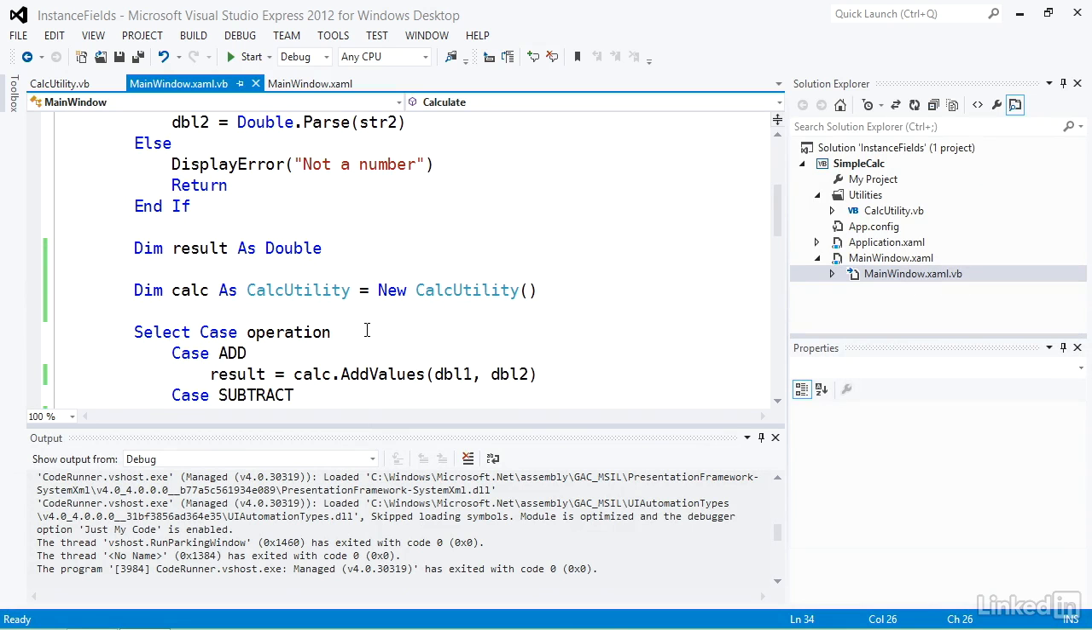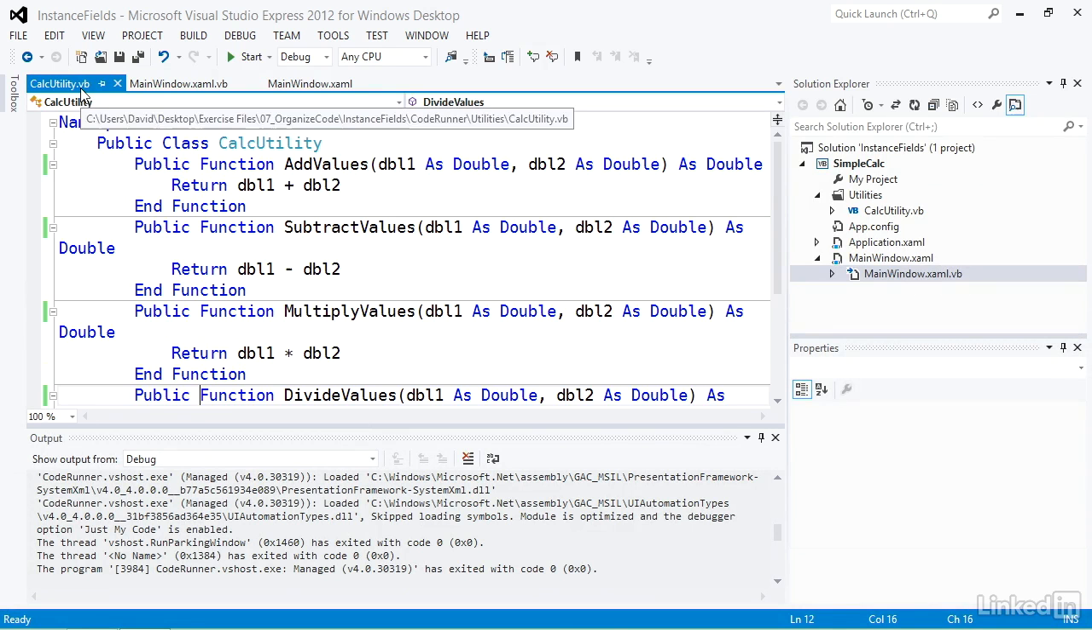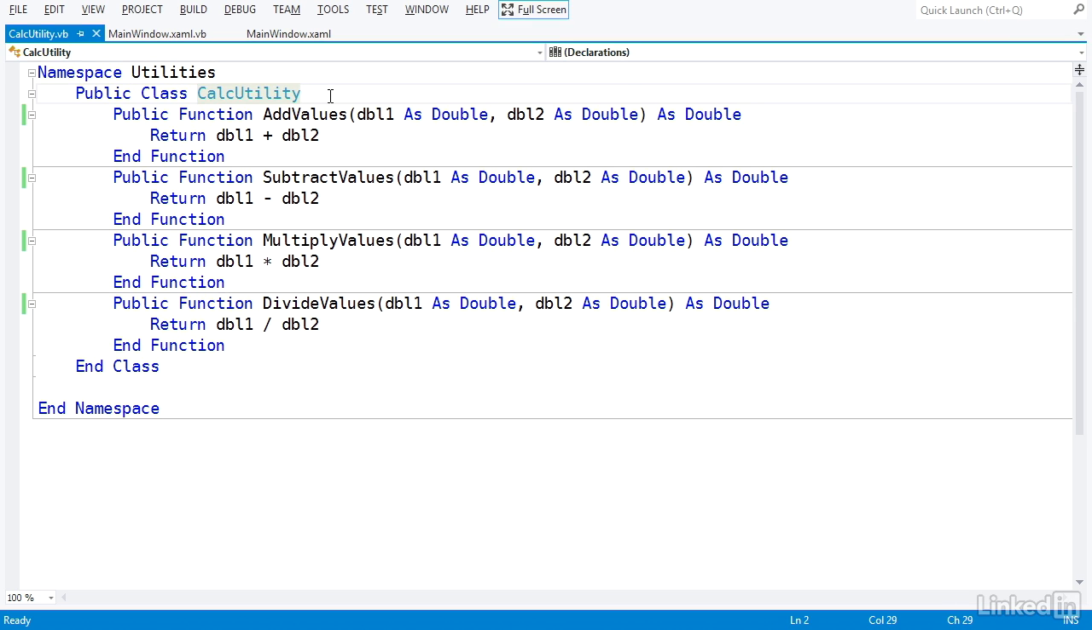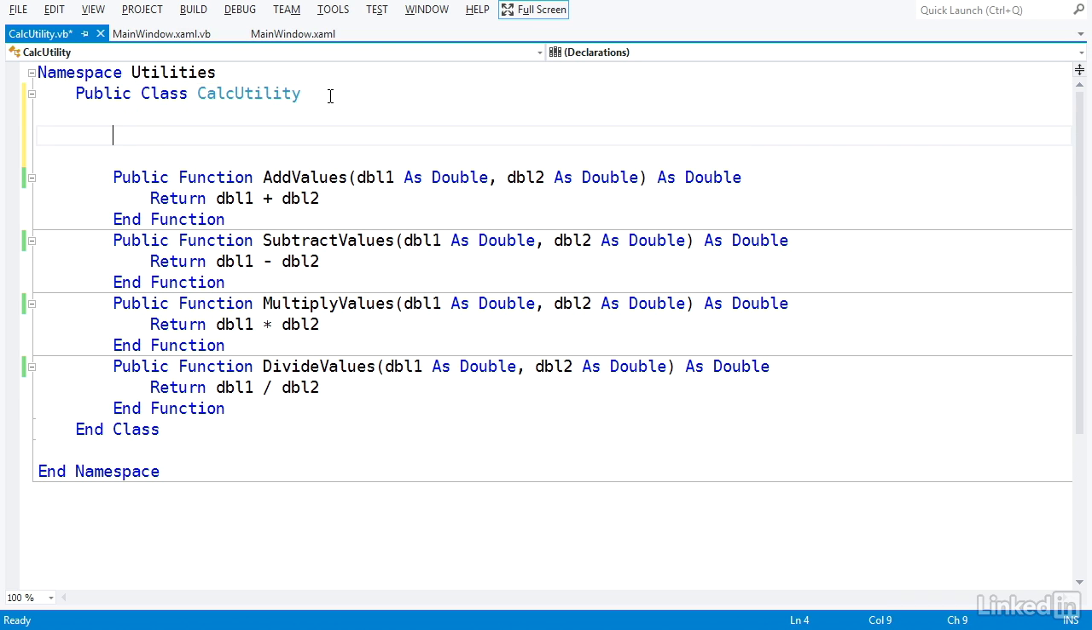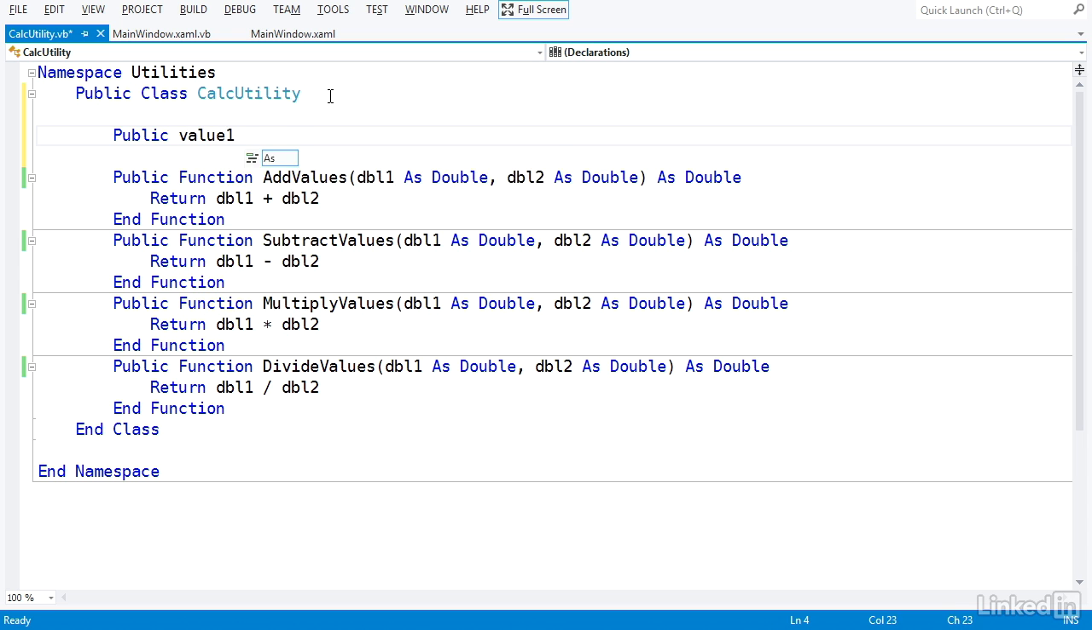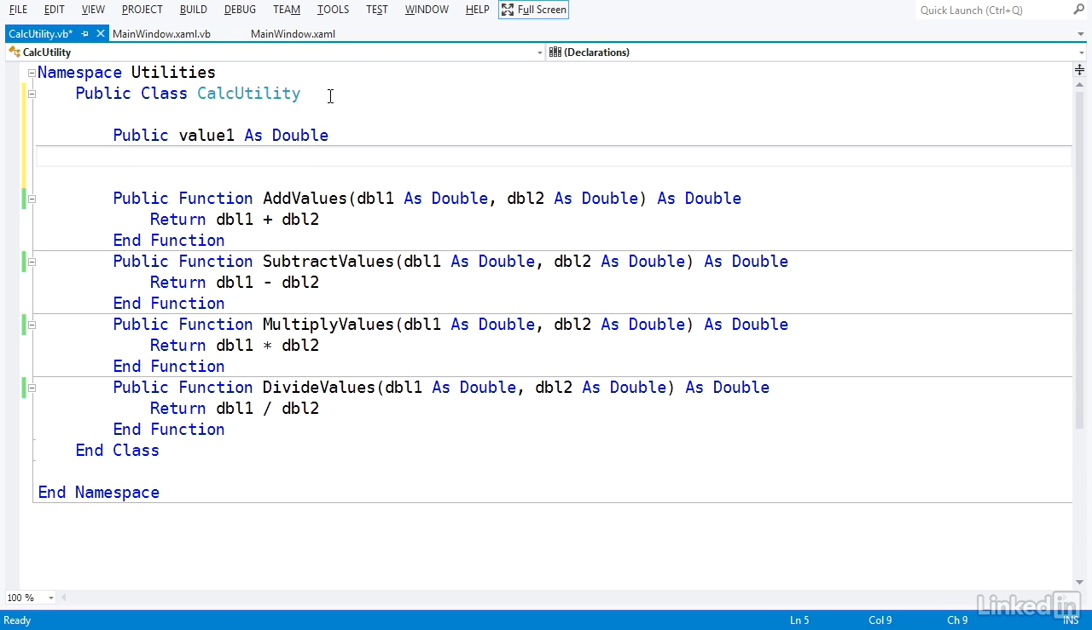Now I'm ready to add instance fields to the class. I'll go back to calcutility.vb and open up to full screen. You declare instance fields as members of the class by declaring them inside the class declaration but outside of any functions or subroutines. I'll place this new code here. I'm going to declare 2 instance fields. I'll start with the keyword public, then the name of the field, and I'll call it value1 and set its data type to double. Then I'll do the same thing and create a second instance field called value2, also data